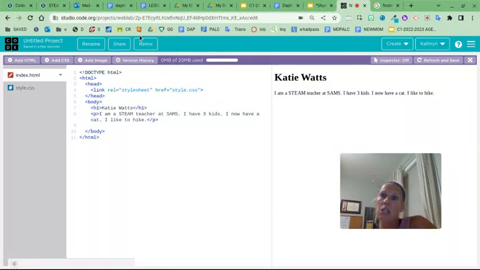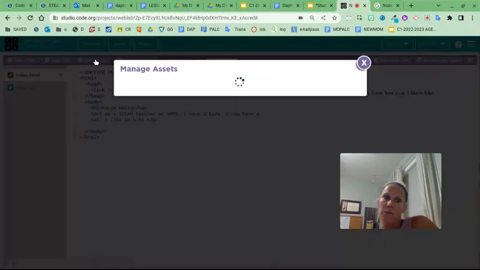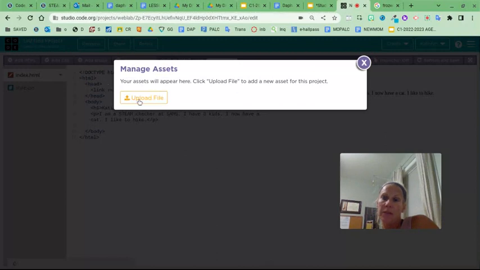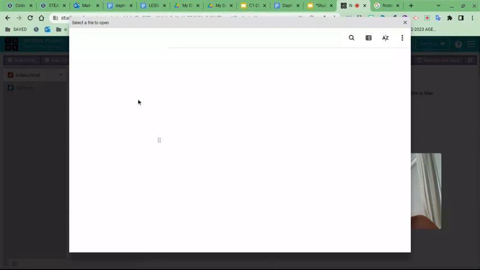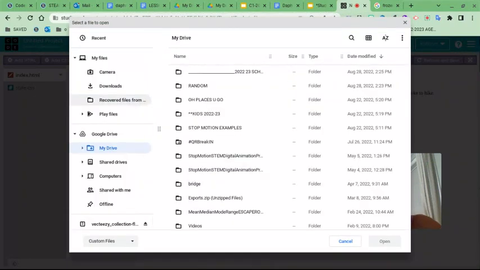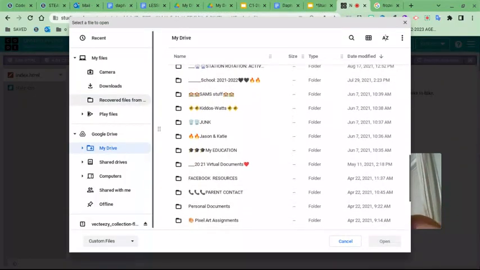Okay, so next thing that we're going to do, you're going to type an image. We want to put an image in. So you first have to find an image from your computer, upload a file. So you have to have saved something. I happen to have, I think it's the books I've read I have somewhere. I thought I saw